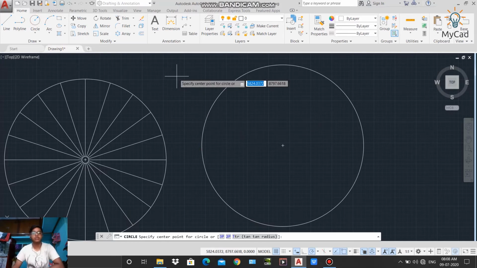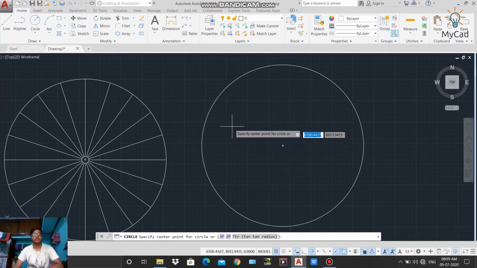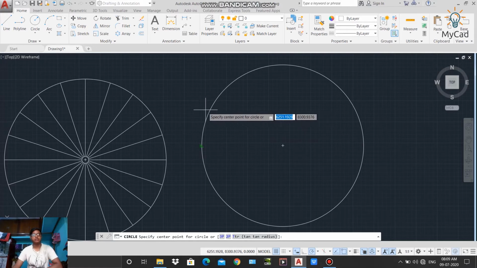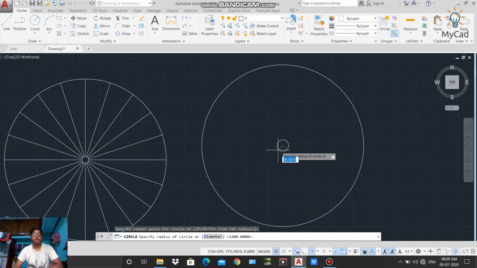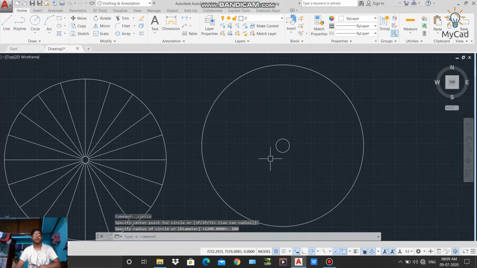Now if we want to create a concentric circle, we can use the circle command or the offset command. As the offset distance is unknown to us, we will use the circle command. Now I'll left click on the center of that circle and draw another circle of radius 100 and then press enter. Now you can see our inner circle, which is for the support of the stair, is created. Now we will draw one line.